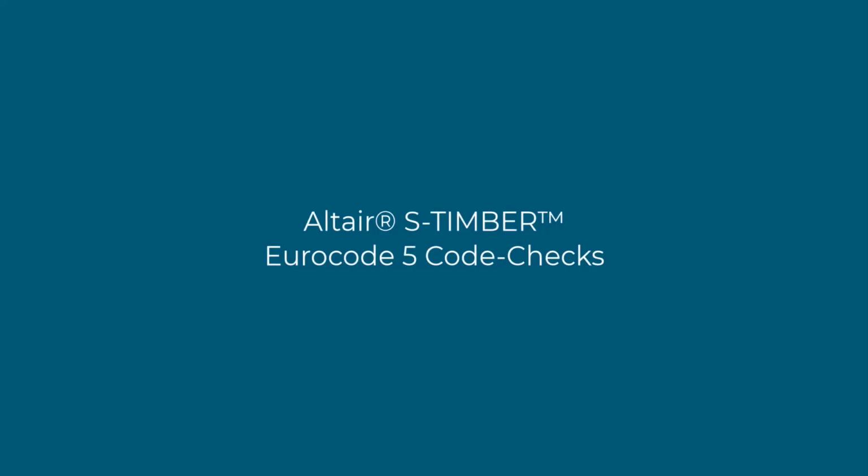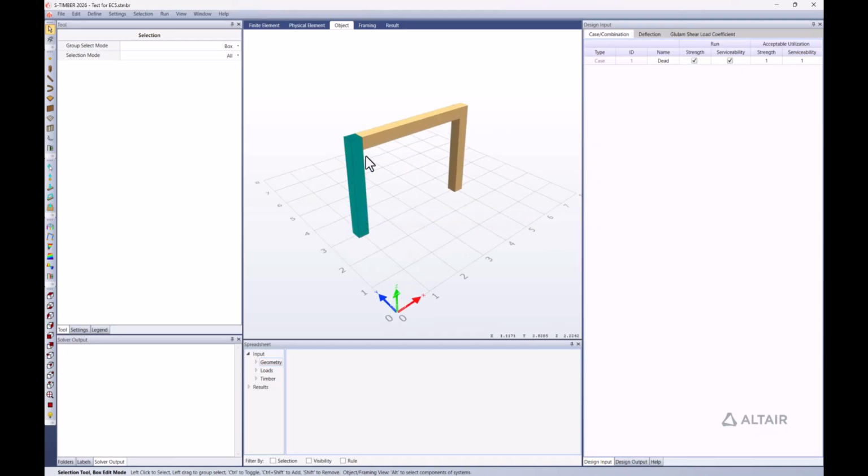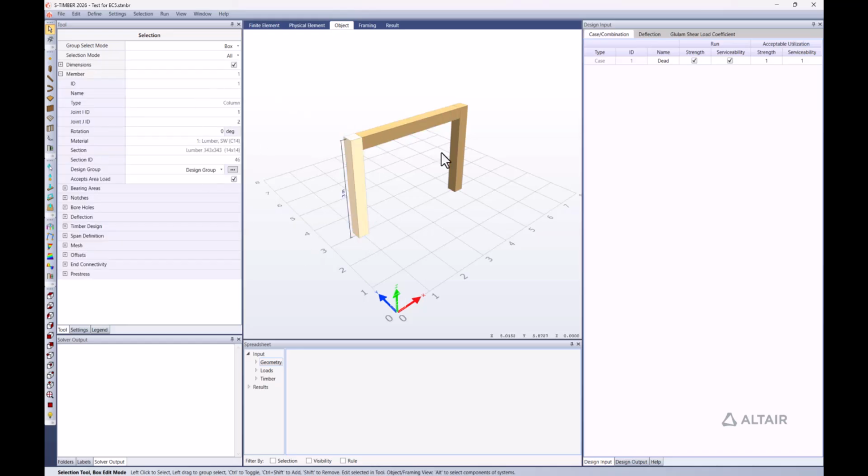Hello everyone, welcome to this short video where we're going to talk about S-Timber's capabilities to analyze and code check timber structures using Eurocode 5, related to timber structures. So what we have here in S-Timber is this simple frame model that has two columns